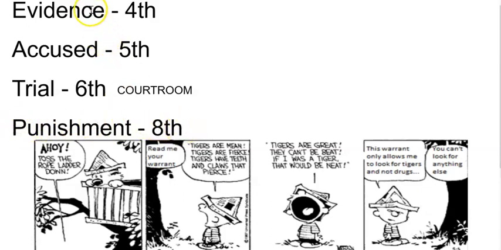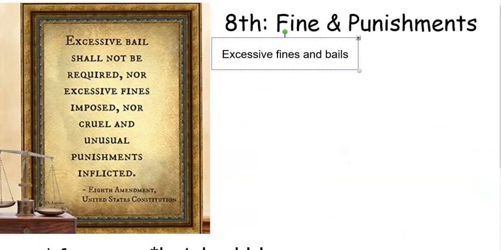And remember, these go in order. You can't punish someone until they've been convicted in a trial. The trial is of an accused, and nobody can be accused of a crime if there is no evidence. So they do go in that order. So what we're going to cover today is the 8th Amendment. Even though it looks small, it is kind of a lengthy amendment to cover. It's broken into two parts, which deals with the fine and the bail, and then the cruel and unusual punishment. So we're going to start with fines and bails today.